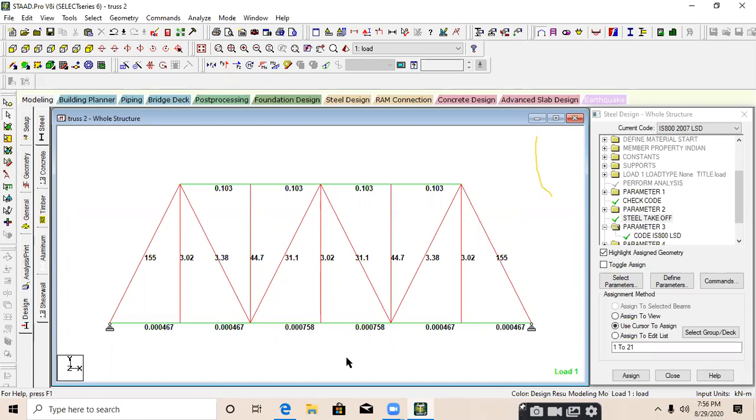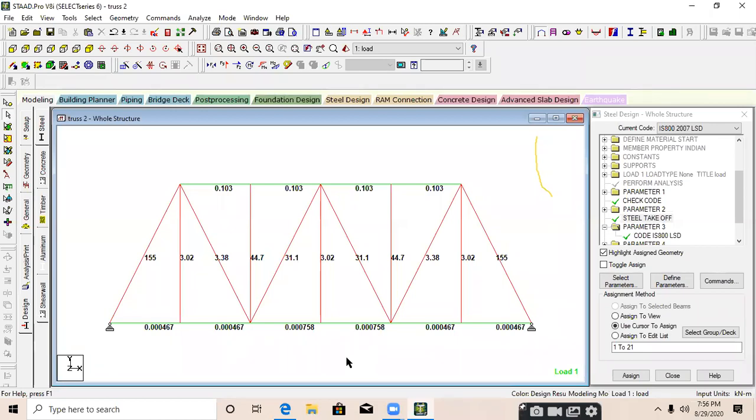If it is 100, 200, 300 members, every time we would go to the output and check what the interaction ratio is. For this, we can reduce the section. For a vertical member, the interaction ratio is always less than one, and it will change slightly. If it is 44.7, we need to increase the size. I verified yesterday, sir, and found this option.